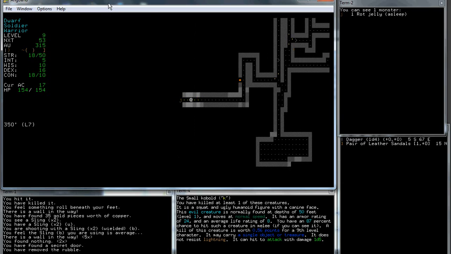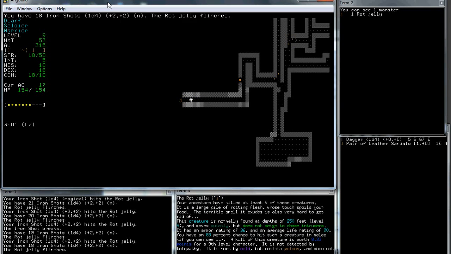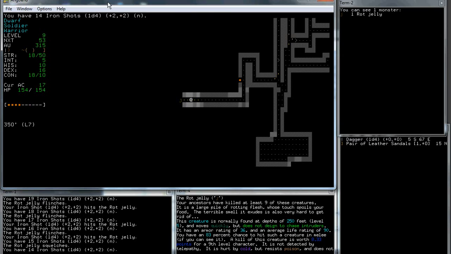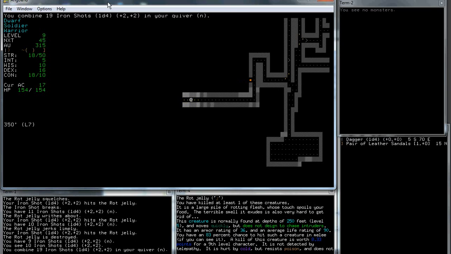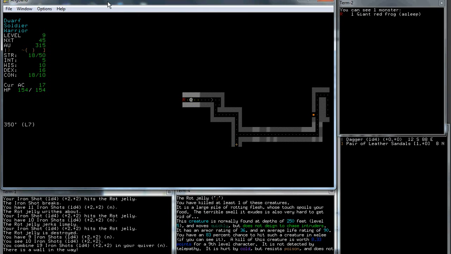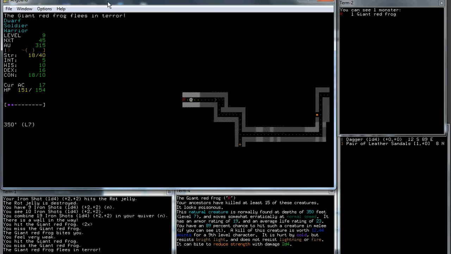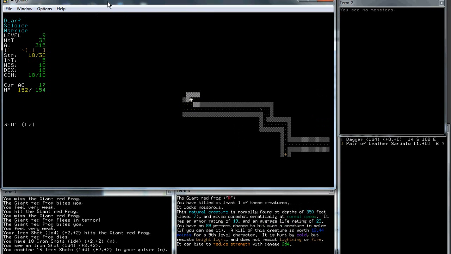Okay, so rot jellies. Now, see, I'm going to... Might as well... What is it, tab that fires? Oh, wow. Luckily I have a lot of these iron shots, and I don't really care if they all disappear. Giant red frog. I probably should have... yeah, that was a mistake. Oh, it was a big mistake. I didn't expect to actually...